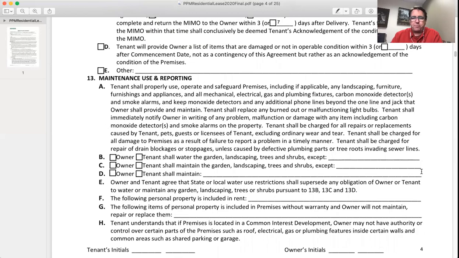You are responsible for the maintenance of your property. That includes air filters, light bulbs, all these things in here. You've got to treat this property as if it were your own, and you've got to make sure you maintain the property. If you have an issue, if something breaks, we want you to report it. You're entitled to quiet enjoyment of your property and health and safety, and we want to take care of that. So it's important we communicate with each other.